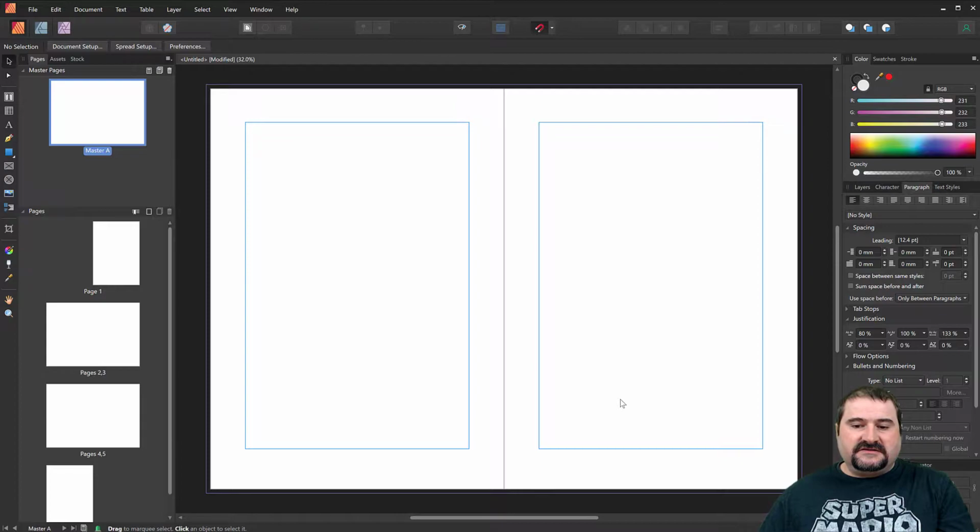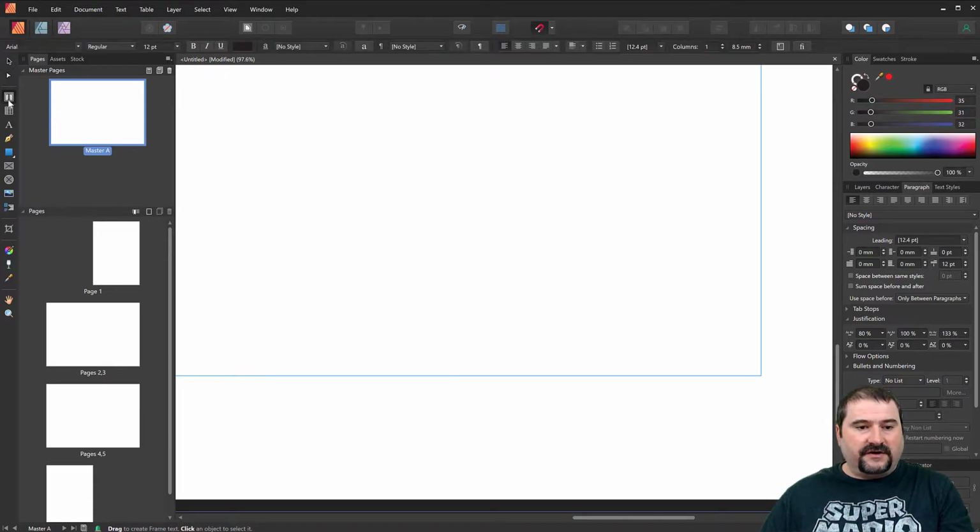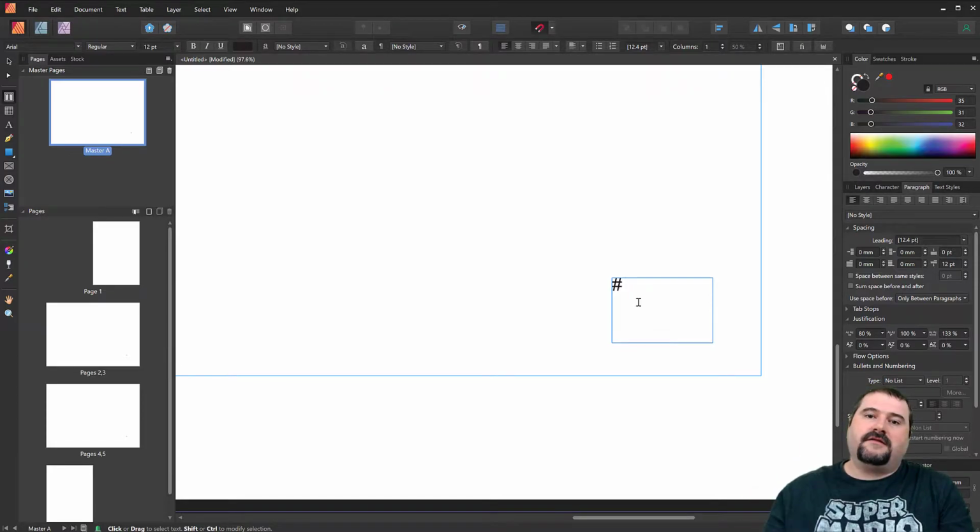So let's see how we can add the page number. I'm going to zoom into the bottom right corner because let's assume I'm going to add the page number at the bottom there, and go to the text frame tool, or you press T, and let's create a text frame like this. Not too large. This is going to be where the page number is. Okay, so the way to generate the page number automatically is, of course, you can add a hash sign. This is the hash sign, which means it's like a template field that is replaced with the current page number.